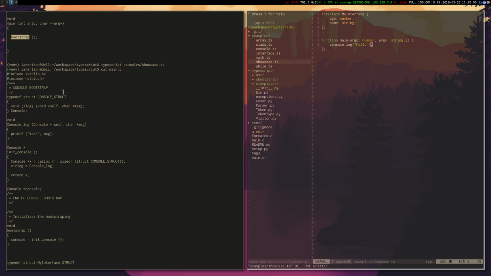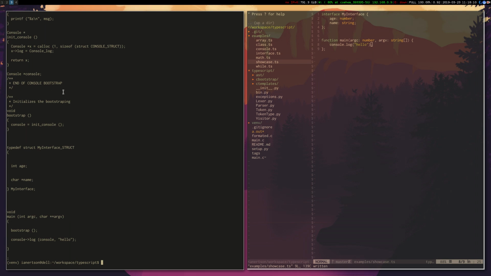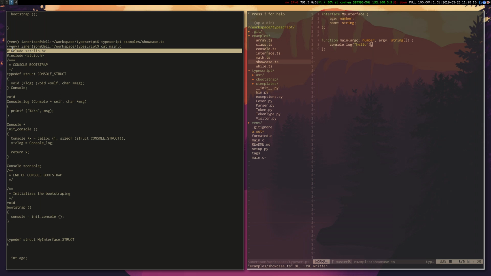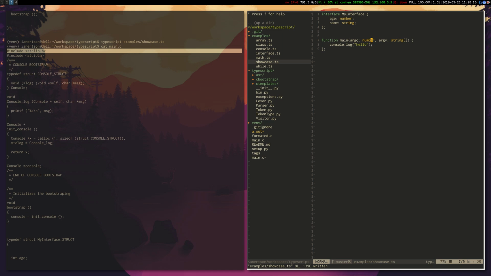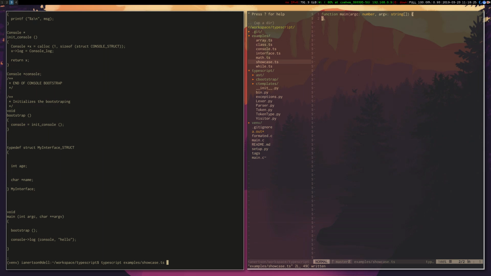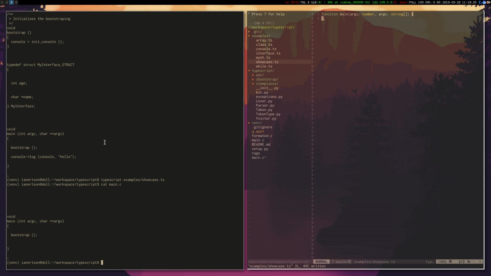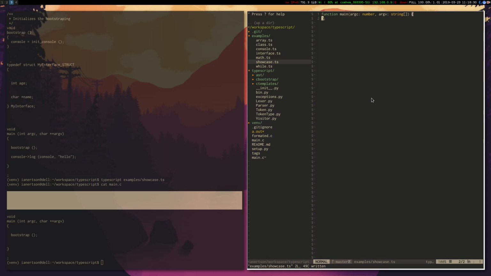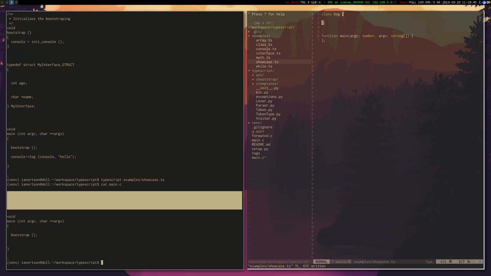Another thing that is sort of interesting is that it analyzes your code and it injects include tags if it thinks that you need it. So for example, if we wouldn't do anything here, we probably wouldn't get any include tags. Exactly, we don't get any include tags. But if I add a class, it's going to have the include for being able to allocate memory. So if I do class dog here,